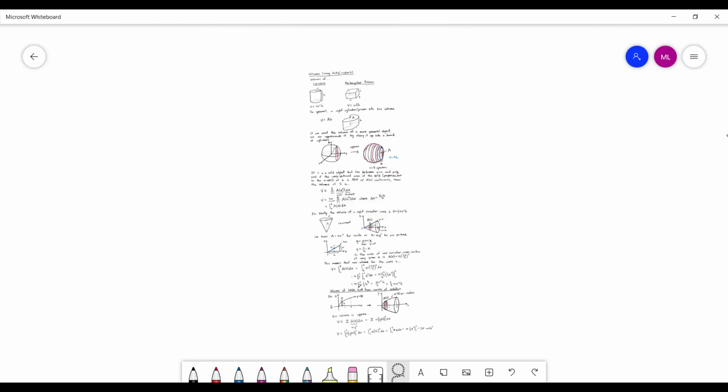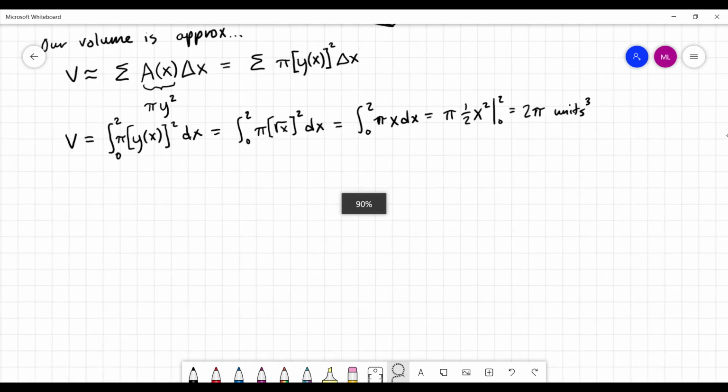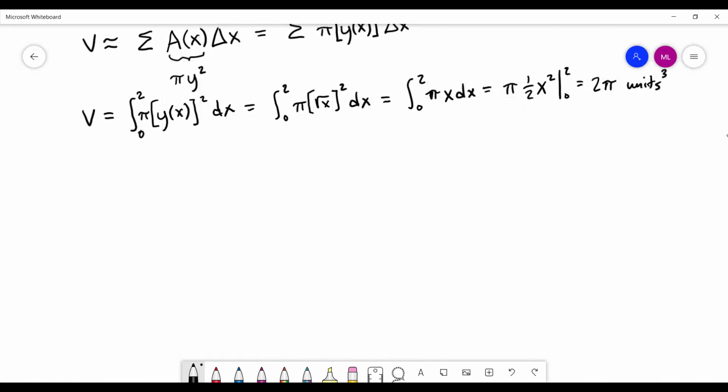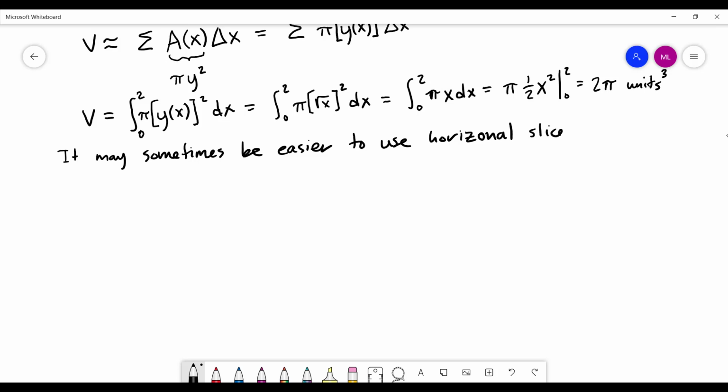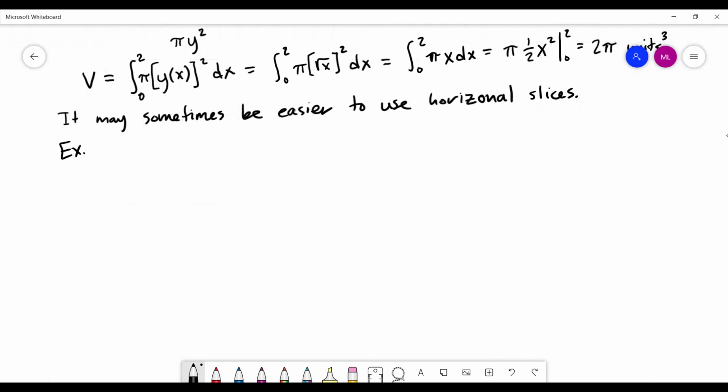So it may sometimes be easier to use horizontal slices instead of vertical slices. So let's take a look at that. I want to find the volume of this in this case. Let's see. Find the volume